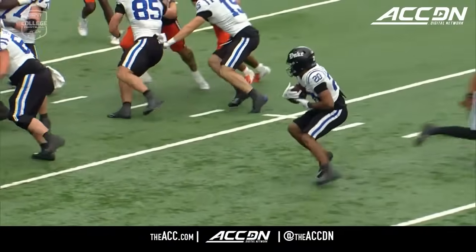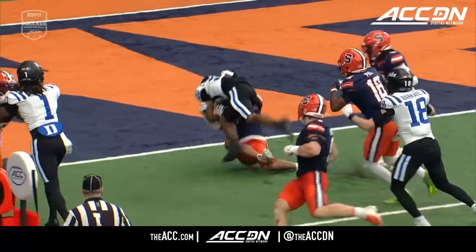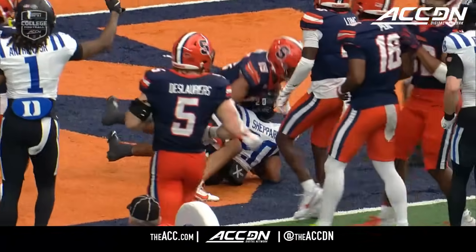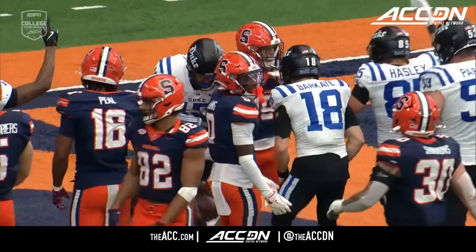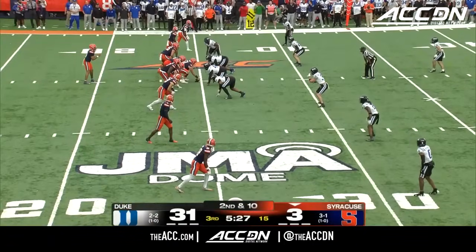He went from dudely to dude right there. He is now a dude. That's a dude. I mean, the acceleration, look at the end of that run. My goodness, I think we're seeing a star in the making here, Wes. I really do. This kid's going to...